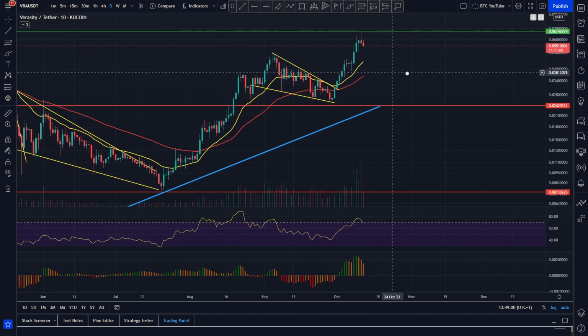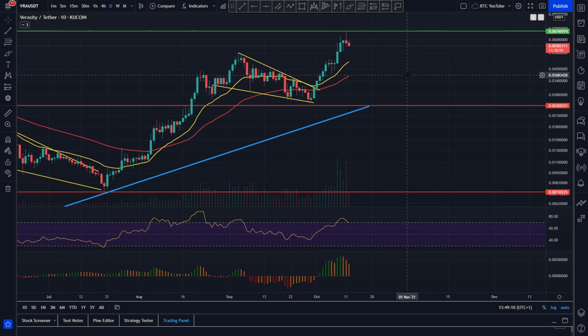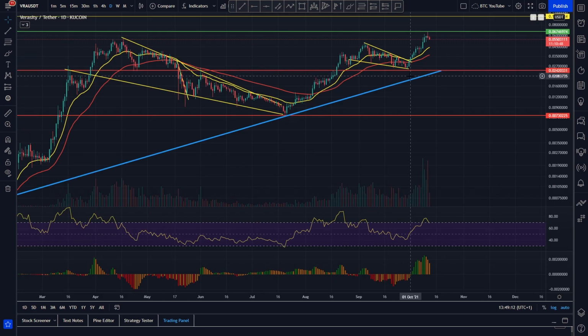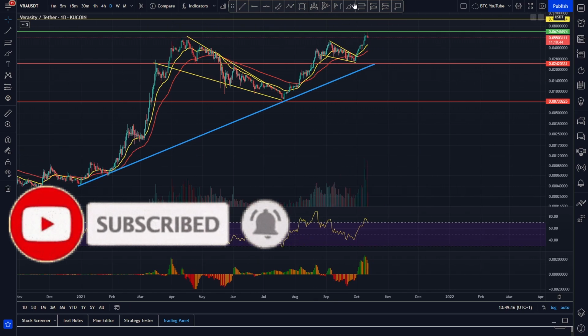A lot of altcoins have been rolling over significantly, and profits are probably being taken out of altcoins and put into Bitcoin right now for that next ride up. But then we do strongly think that, after a while, we are going to see money rotate back into altcoins. But overall, this chart is looking extremely bullish.